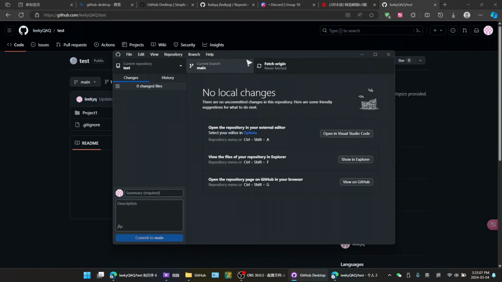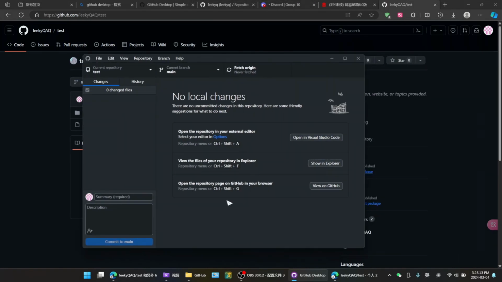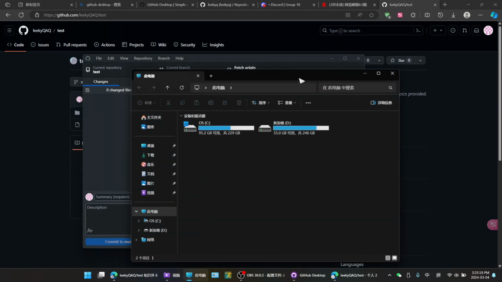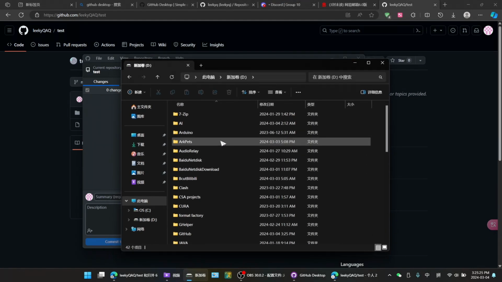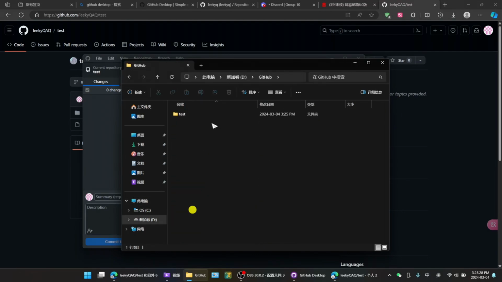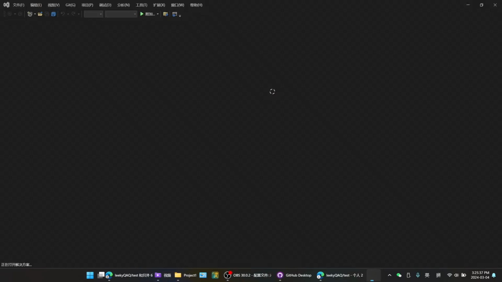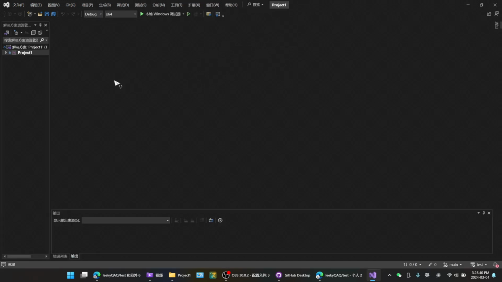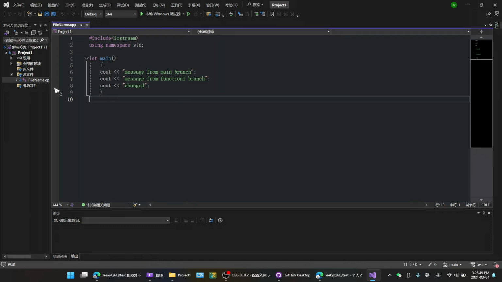After a few seconds, it will clone everything from the GitHub website down to your computer. Now open where you put this repository, the local path you chose just now, and now you will see the repository, and click inside, and then open the SLN file so that you could open the whole project, C++ project with Visual Studio, and you will find the main CPP file and maybe other classes,